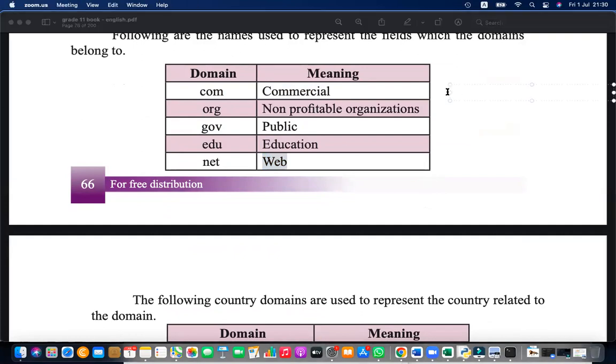You can say info for personal, biz for business, ac for academic, and mil for military.